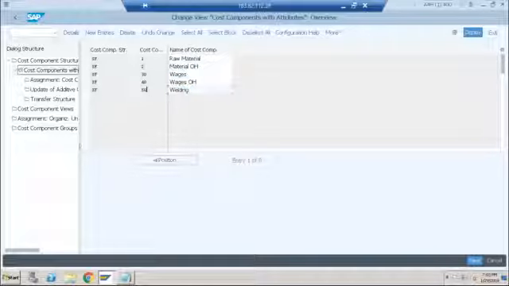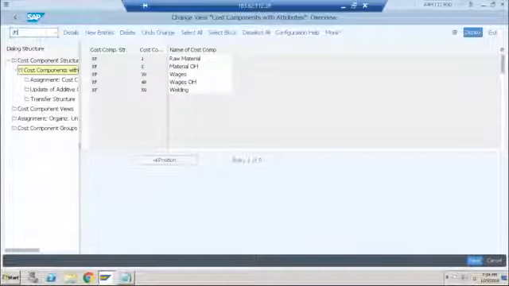So whenever I go to that configuration of cost component split, or COGS split, I will tell the system that if my cost component is 1, it should go to the raw material GL account. If my cost component is 30, it should go to the wages GL account. And if it is 50, it should go to the building GL account. So this is how the cost of the entire product is divided. I have to do a lot of configuration, BOM, routings, and then only this will work.